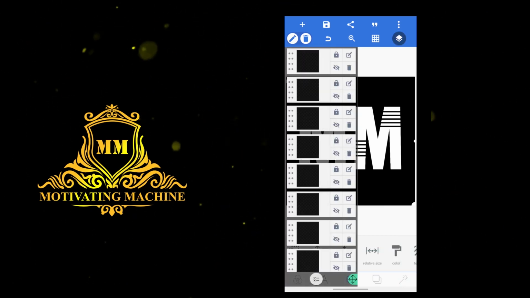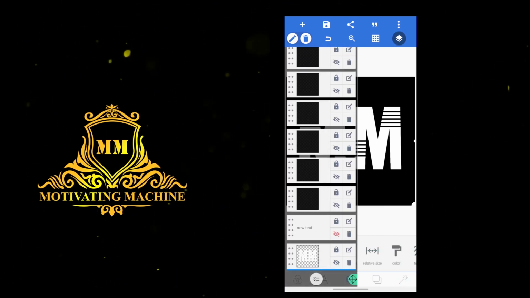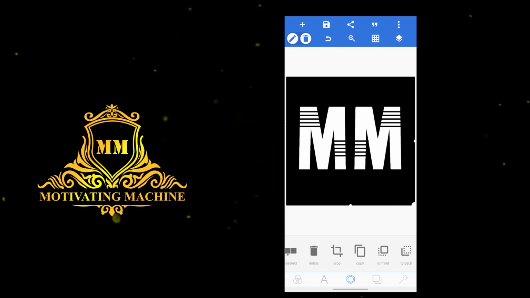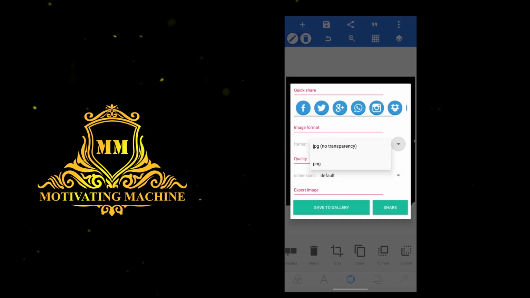Now our logo is also completed. Now remove this text and we are going to remove this background. Download this image in Ultra HD PNG with the black background.